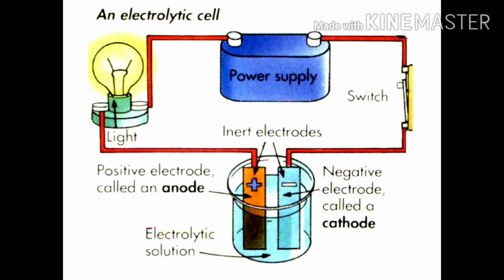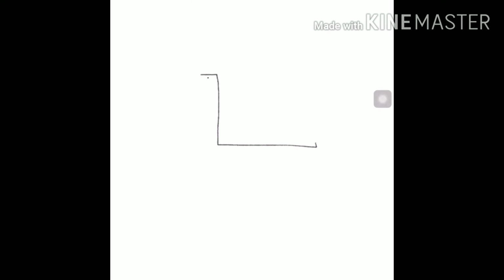The electrolytic solution, having any particular solution inside it, will break into two and the ions will move towards the opposite charge. Right now you won't understand this, but we will understand how the electrolytic solution breaks by taking the example of NaCl, because of which the bulb glows. So we will understand here with the example.